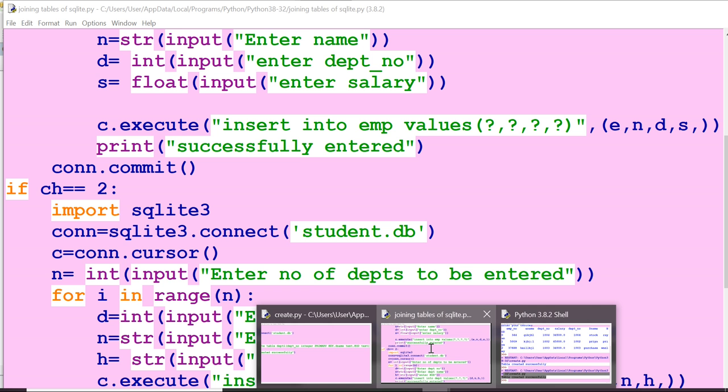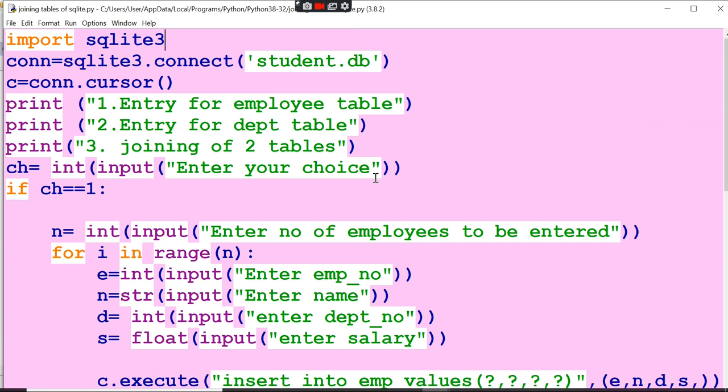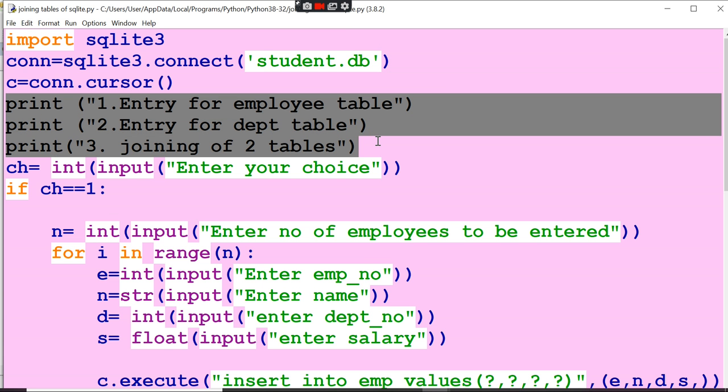Afterwards, what should you do? You have to enter all the elements, right? All the columns have now been created. Now you are going to give three things. What should be done now? Just press 1 to make an entry for the employee table.